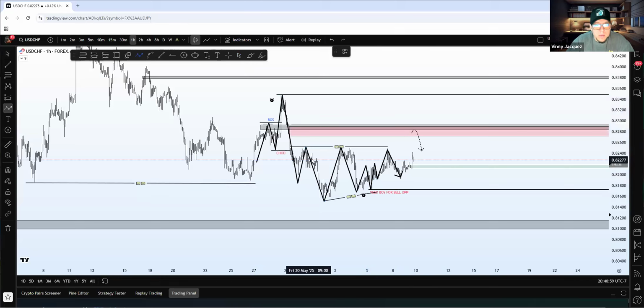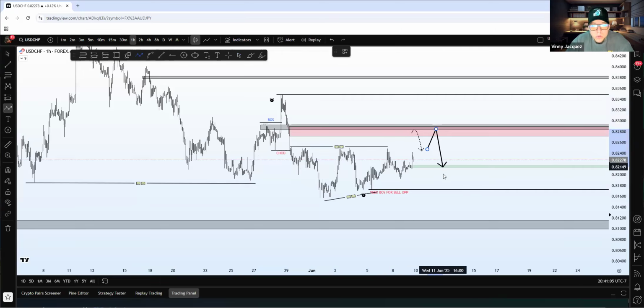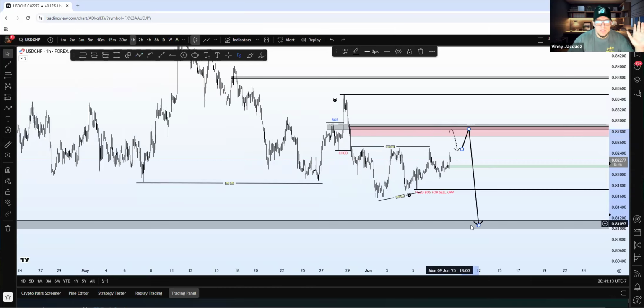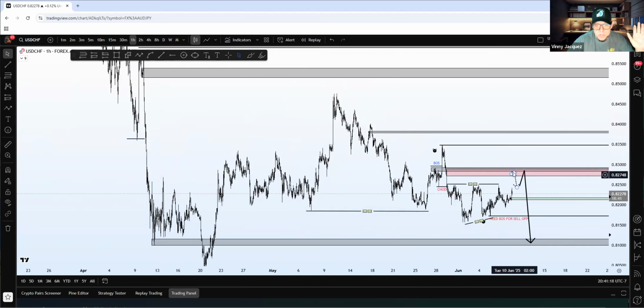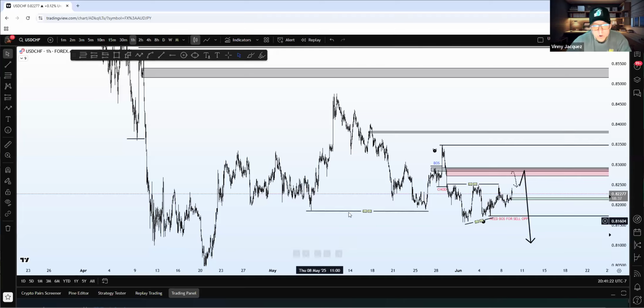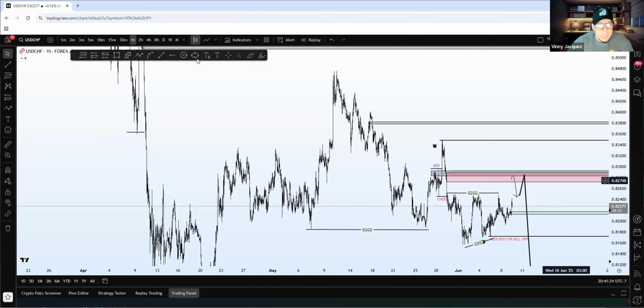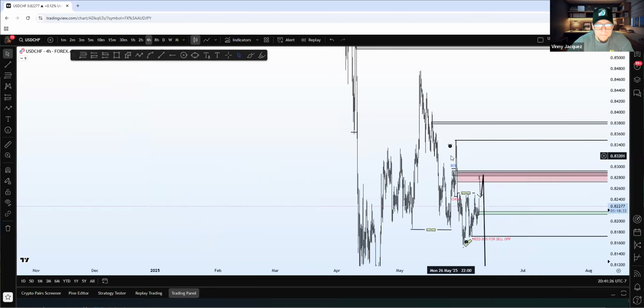I ain't gonna lie to you, bro. If we can get this sell, if we can take this, I would love to take this to this possible buy opportunity. And we can go ahead and start closing out opportunities there, and then we can start waiting for next trades. Right? Does that make sense? I would love to see if we can take this sell opportunity and continue that market down. But before I even focus on that, let's go to the 4-hour time frame real quick.